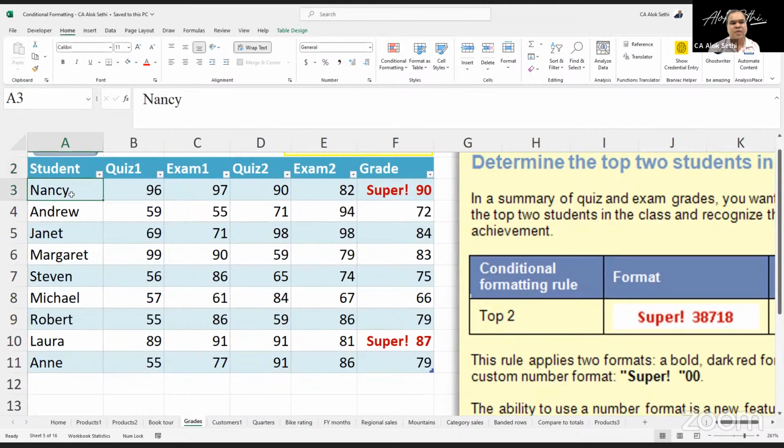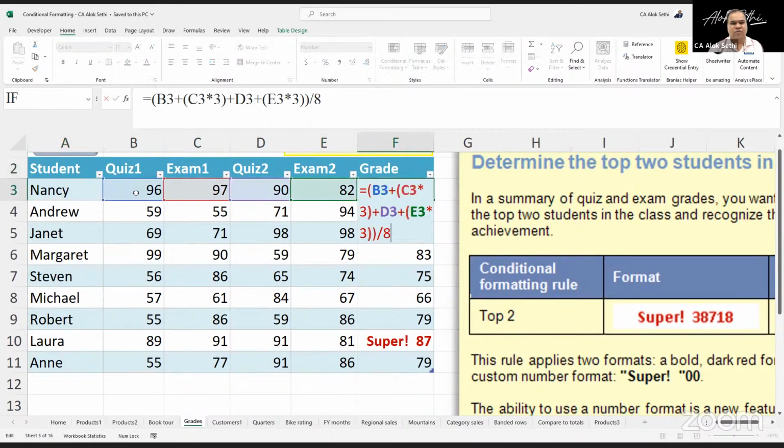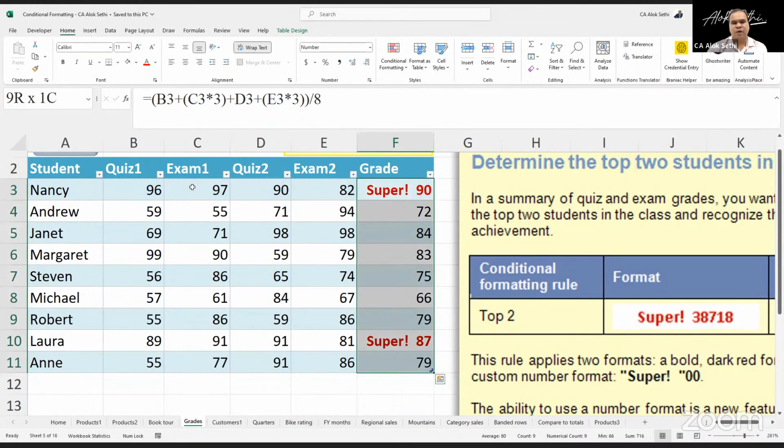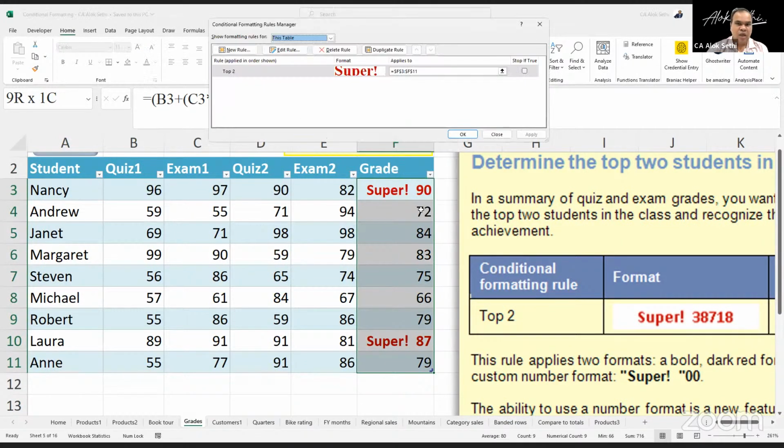Now we have a student, यहाँ पे क्विज 1 है, एग्जाम 1 है, क्विज 2 है, एग्जाम 2 है, उसका ग्रेड आया है। ग्रेड कैसे आया, उसका एक फॉर्मूला लगा है। फॉर्मूला इस कि जो क्विज 1 है उसका स्कोर हम उसको वेट देंगे 1, जो एग्जाम है उसका वेट देंगे 3। सो 1 3 1 3, if you take a total it becomes 8। तो आपने ये ग्रेडिंग का कुछ क्राइटेरिया बना रखा है कि the total of this quiz 1 and quiz 2 and the 3 times of exam 1 and exam 2 divided by 8, we will get the average grade. ठीक है, that is not important. What is important is what we have done with the formula, वो ज्यादा important है। ठीक है, अब देखते हैं कि हमने किया क्या है। तो हमें चाहिए